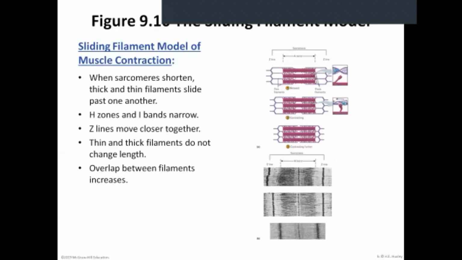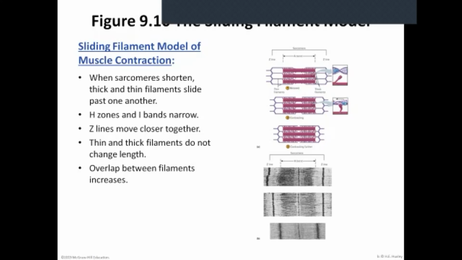So now in this figure, it actually gives you the idea of the sliding filament model. Again, the reason that we think about it as sliding filaments is that when that sarcomere, so the Z line to Z line, shortens, you actually see the actin and myosin sliding past each other. What you'll notice in figure B is you can see when the muscle is just in a relaxed stage, when it contracts, and then eventually when it is completely at its shortened length and cannot contract any further,